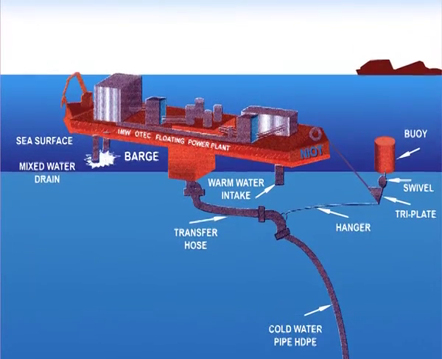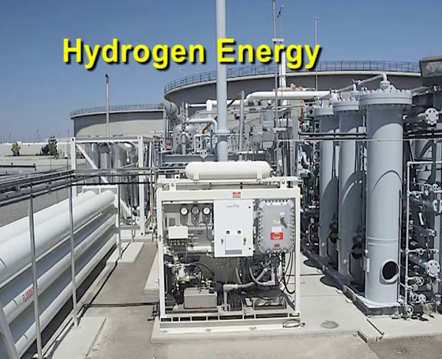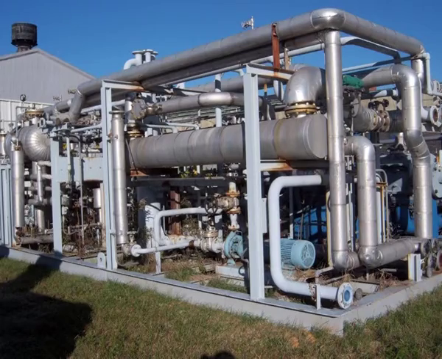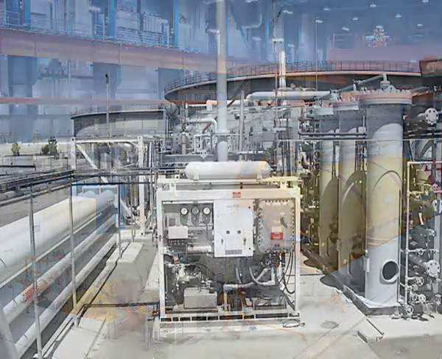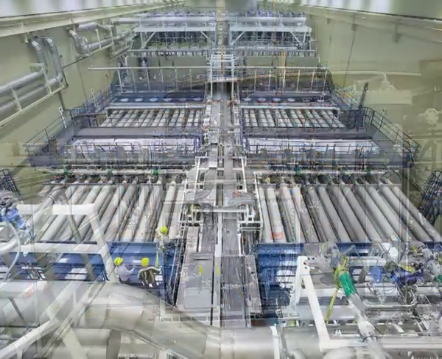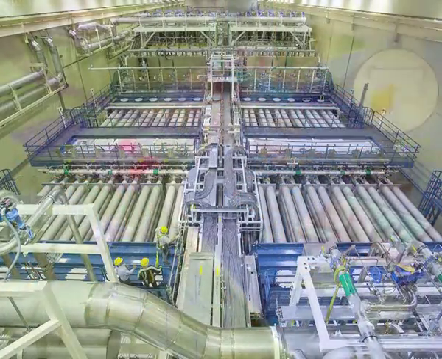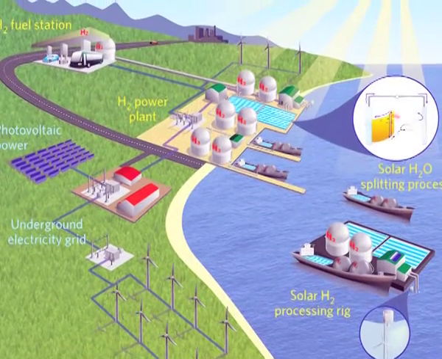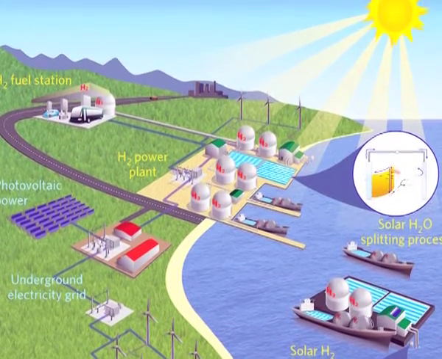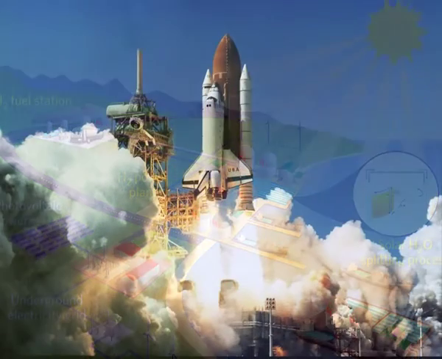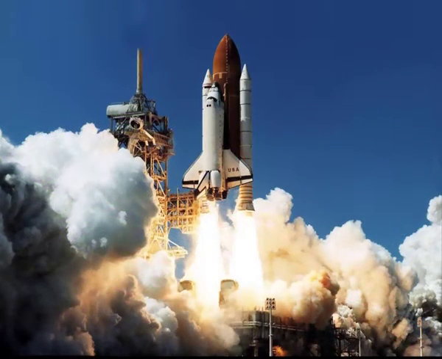Interesting. Then moving on to the next one, that is the hydrogen energy. When hydrogen is combusted, it combines with oxygen to form water. And in the entire process of the hydrogen combining with oxygen, a large amount of energy is released, the same which is used in the rocket engines.